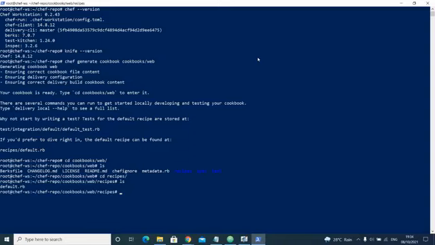A recipe is nothing but details about the software to be installed. Now I will delete this one and use my own recipe. I'll rm -rf default.rb. It's a Ruby file. By default it will come, so I'll just delete it, and now it is not there.